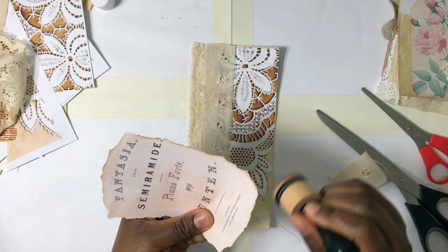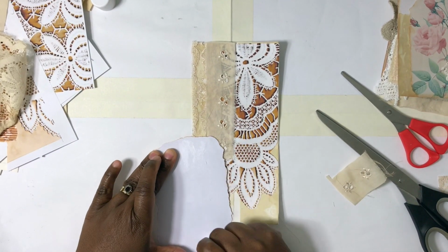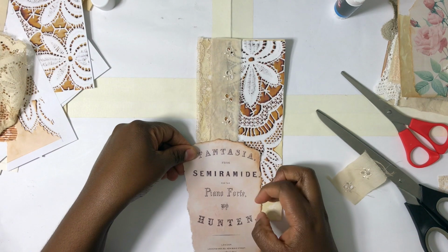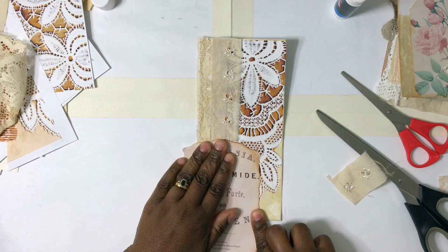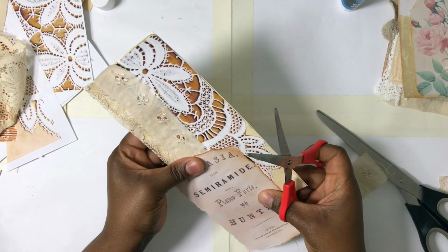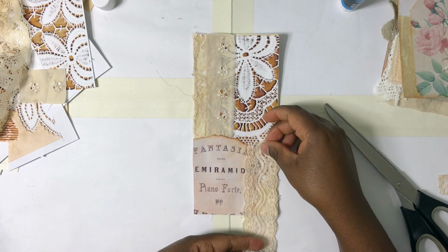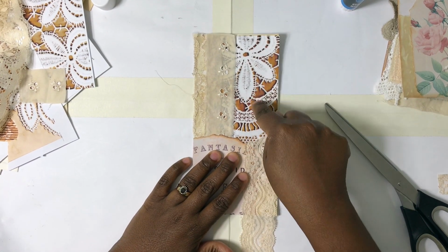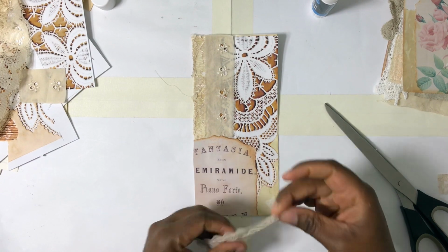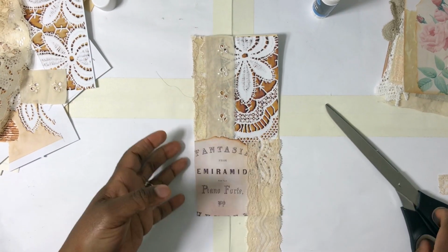Definitely some distress ink. So let me stick that down and then trim it to size. Probably the easiest way, I find. It's not going to have all the writing. Let's see if I can do that. Some more lace. How much lace can you... Mind you, it feels like there's a lot of lace because of the Gale's printable, so that's really good. I'll just overlap that there. It's tricked my brain into thinking that there's a lot of lace on this tag. I mean, there is a fair bit, but...